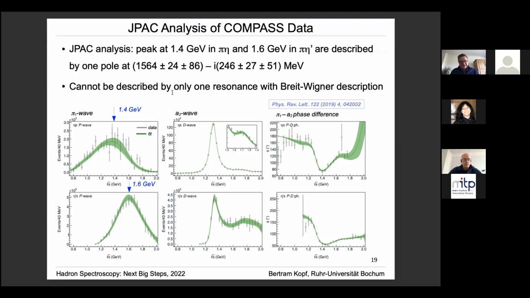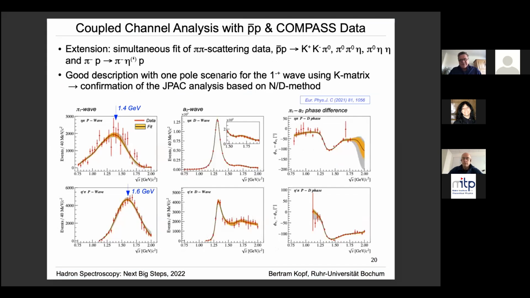Yeah, so this demonstrates very impressively that it is needed to go beyond Breit-Wigner descriptions, because it is completely impossible to describe these two peaks with one Breit-Wigner function. Yeah, so this is really a very, very good example to make use of such more sophisticated descriptions. Yeah, since we have also observed this pi1 wave, we have therefore also added the COMPASS data to our fits and fitted this simultaneously. And this is the result.